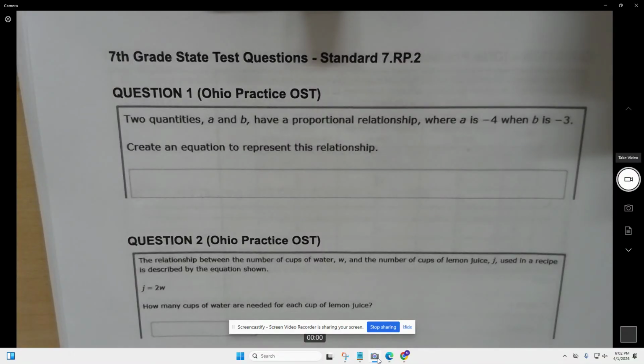Here we go. This is the big one. Welcome back to more state test prep. And as I said, excuse me, I just sharpened my colored pencils. As I said, this is the big one,